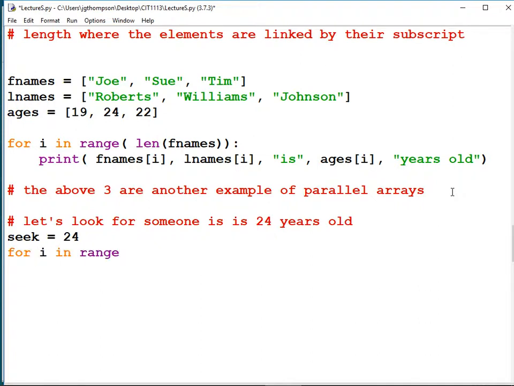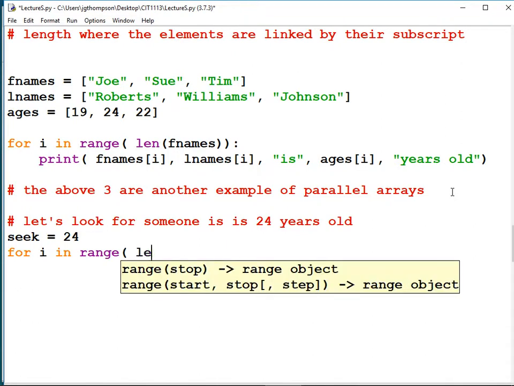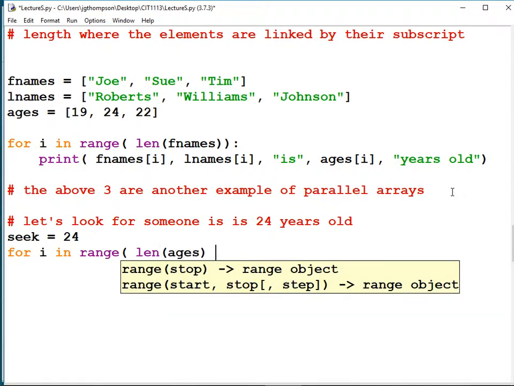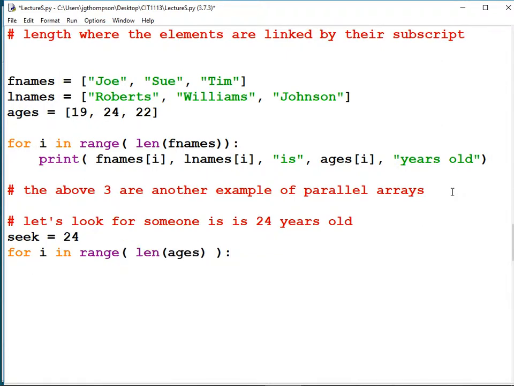For i in range(len(ages)): We need to check that value to see if it's equal to our seek value, or our search value. Maybe I'll change the name of that variable to search. So if ages[i] == 24, two equal signs, I would have failed that test question.